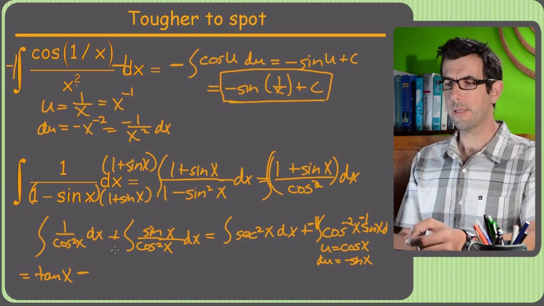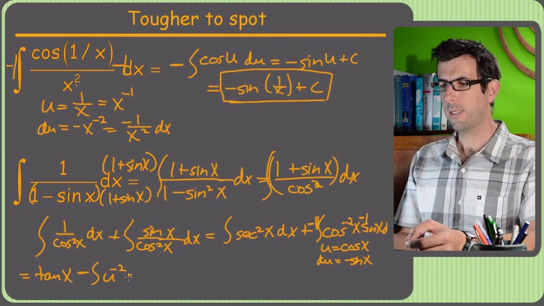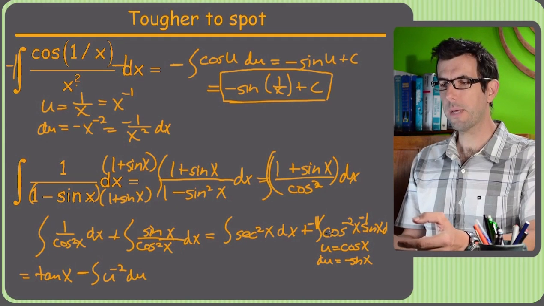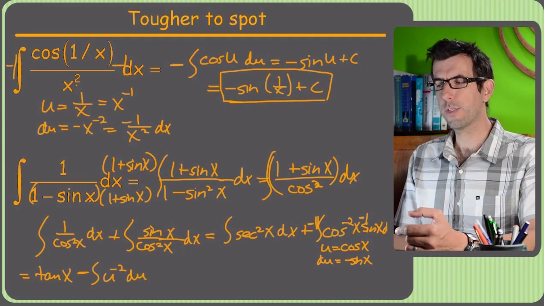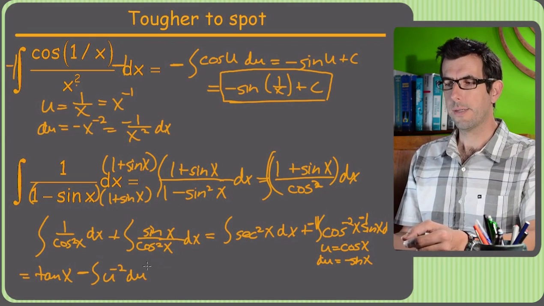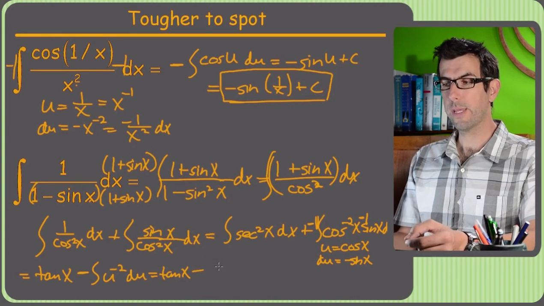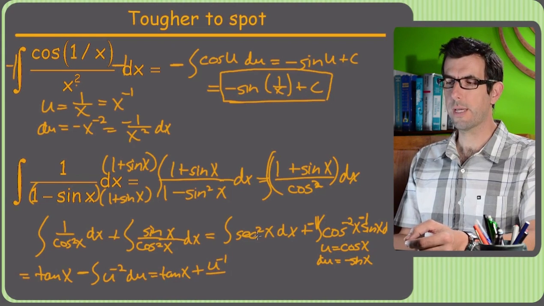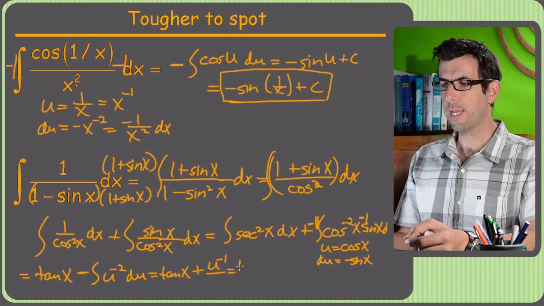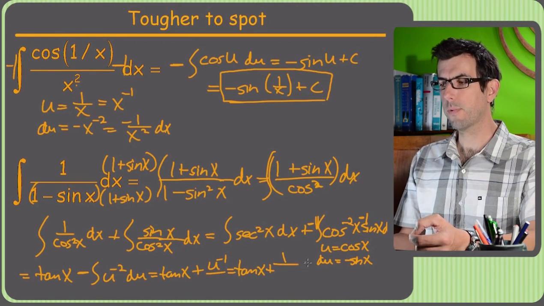So that's really subtracting, and then the integral of cosine, it's the integral of u to the -2 du. Because cosine to the -2, and then sine x is just part of the du situation. So at this point, I still have 10x, and then minus the integral of u to the -2, which is u to the -1 over -1, which is really just going to change the sign. So that's just tan x plus u to the -1, which is going to be 1 over u, which was cosine